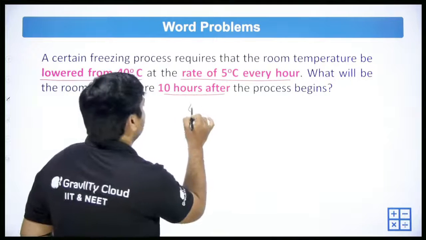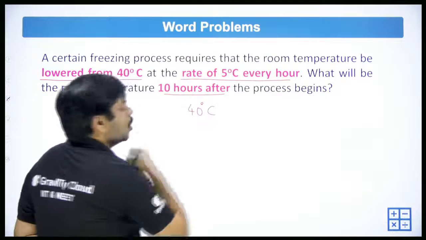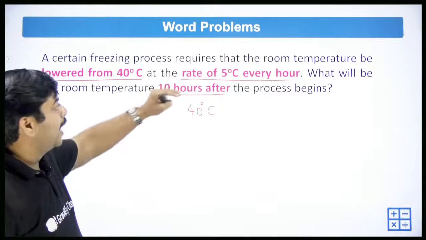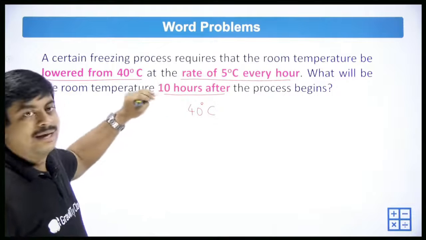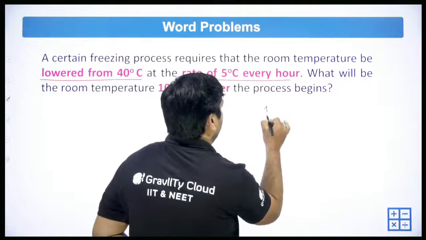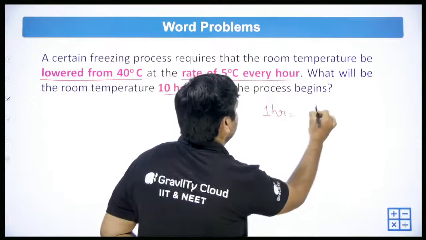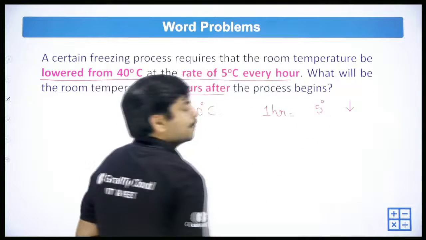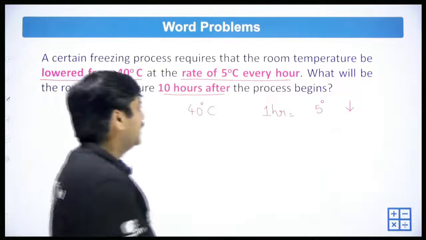So, 40 degrees Celsius is there. It is decreasing at the rate of 5 degrees every hour till 10 hours. Okay. For 1 hour, it is reducing at 5 degrees. So for 10 hours,